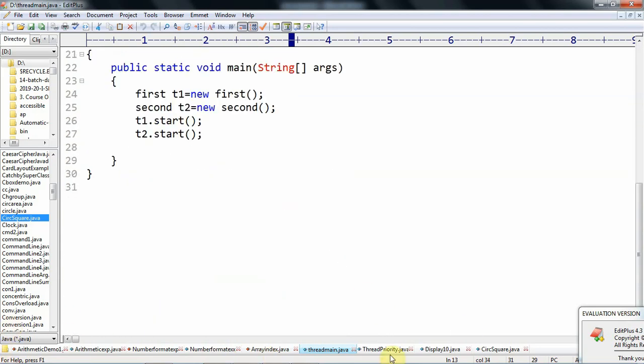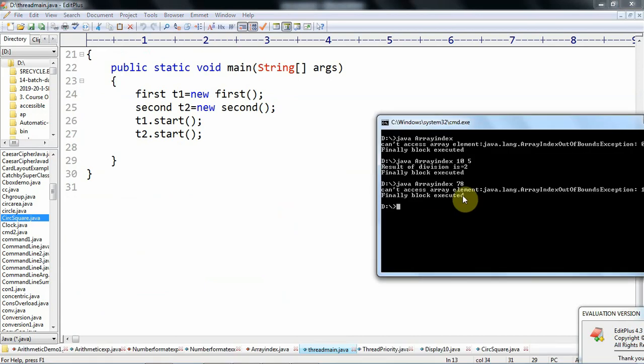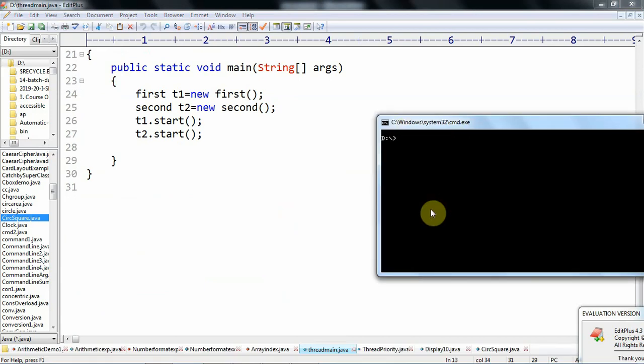So we go to run this one. Java thread main. So that prints the values like this. In this example, first thread starts to print its values, and then the second thread.